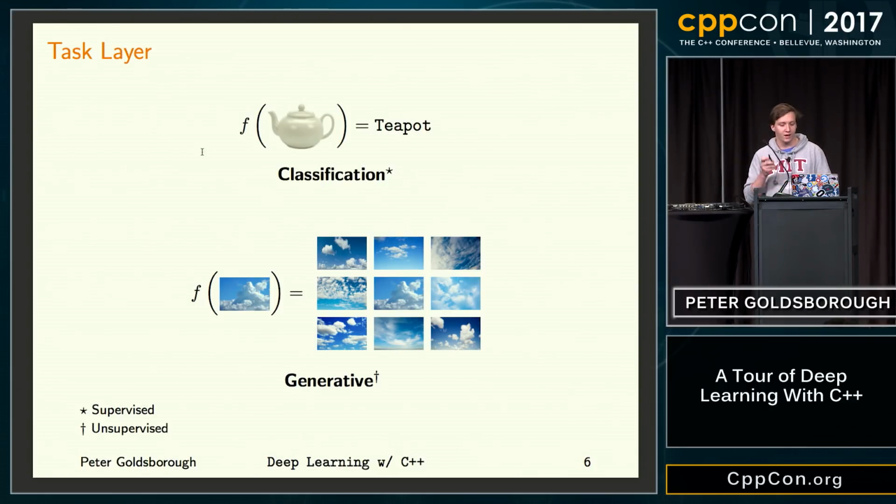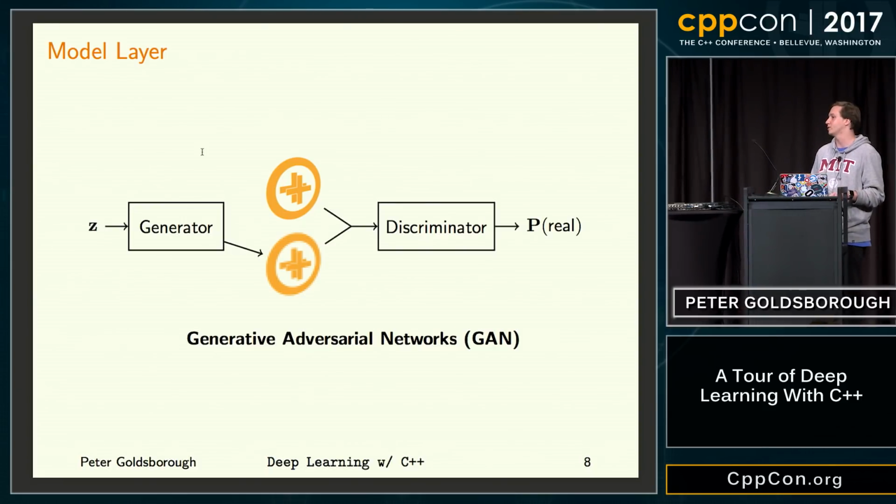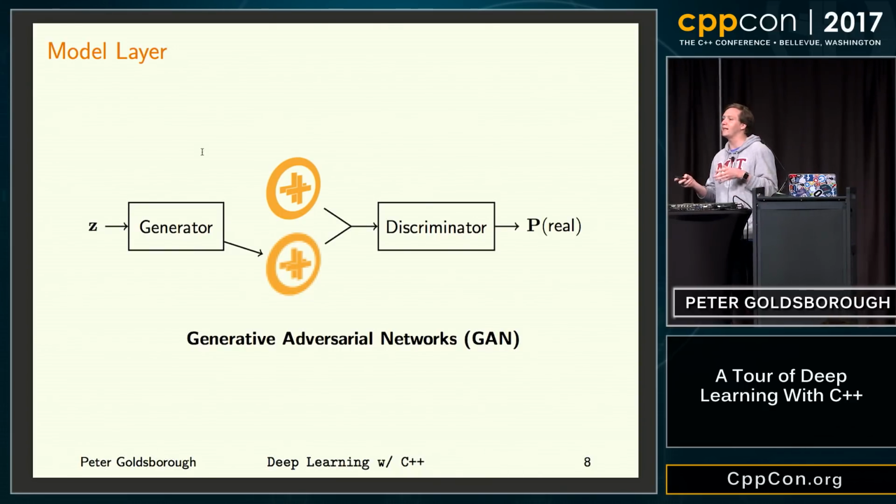One level below that, if we actually pin a particular task that we want to solve, we'll usually have various model architectures that solve the same machine learning problem. And for the task of generative models, there's one kind of architecture that I like very much that's quite recent. And these are called generative adversarial networks, or GANs for short. And these are actually one of the few machine learning models where I think you could probably walk up to any random person on the street and explain it to them in a high level.